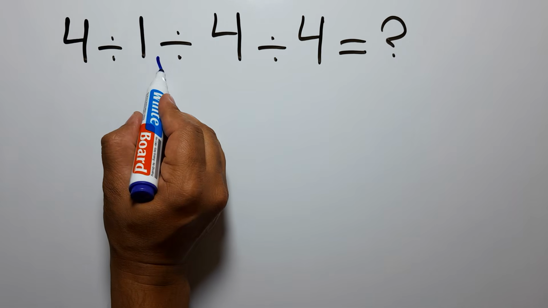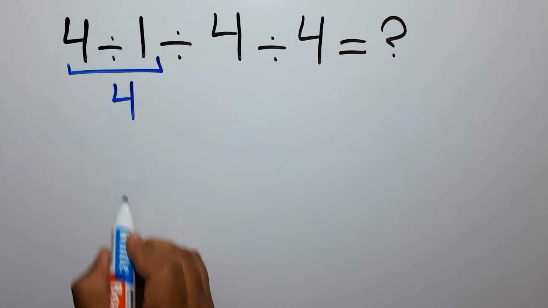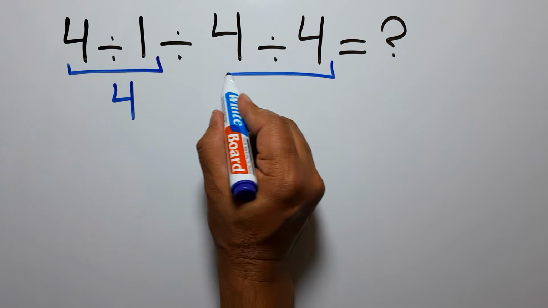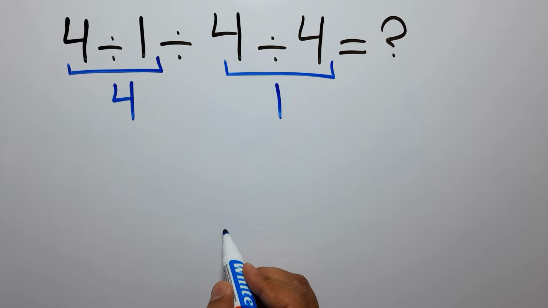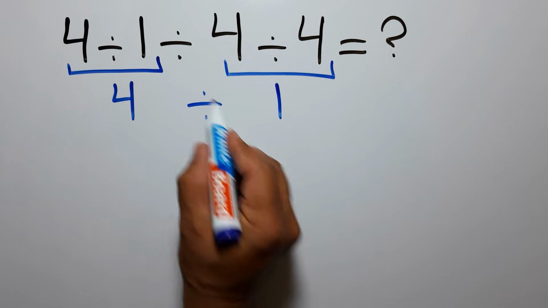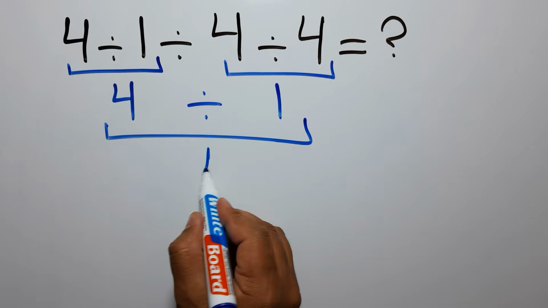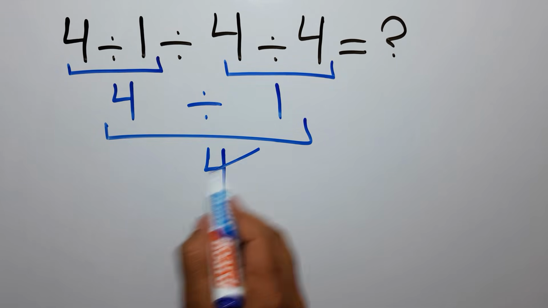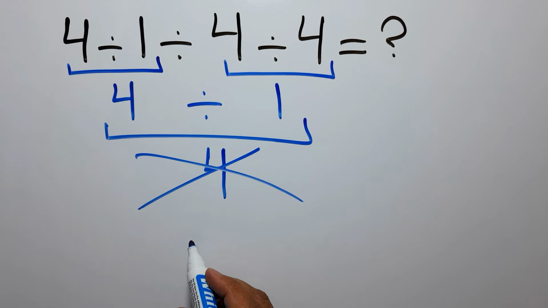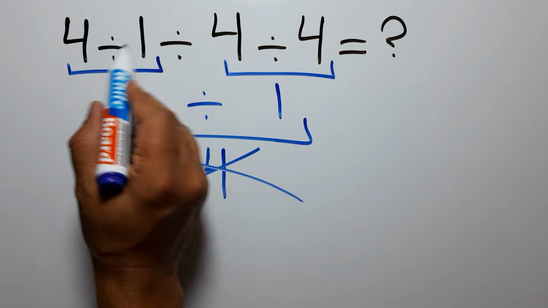4 divided by 1 gives us 4. And here we have 4 divided by 4, which equals 1. So 4 divided by 1 is just 4. But this answer is not correct, because according to the order of operations, when we have more than one division